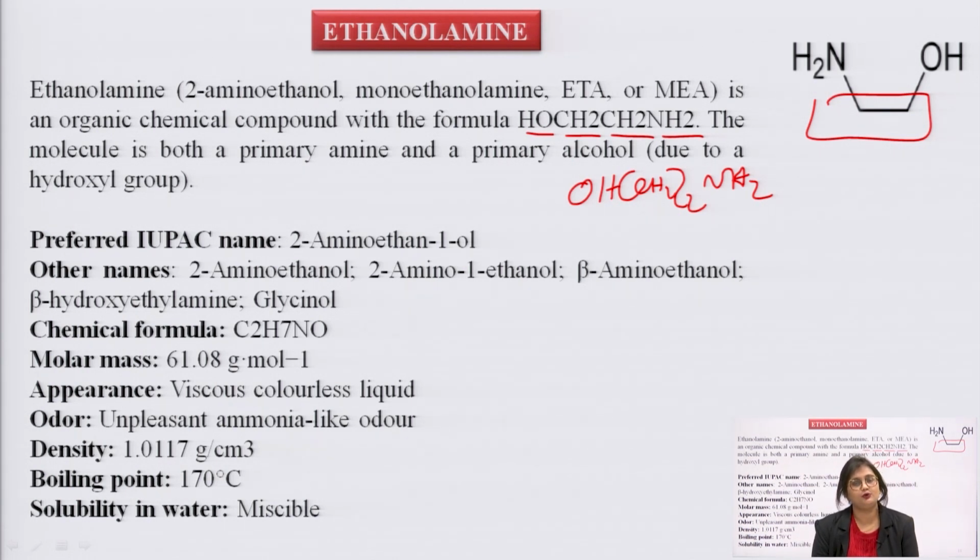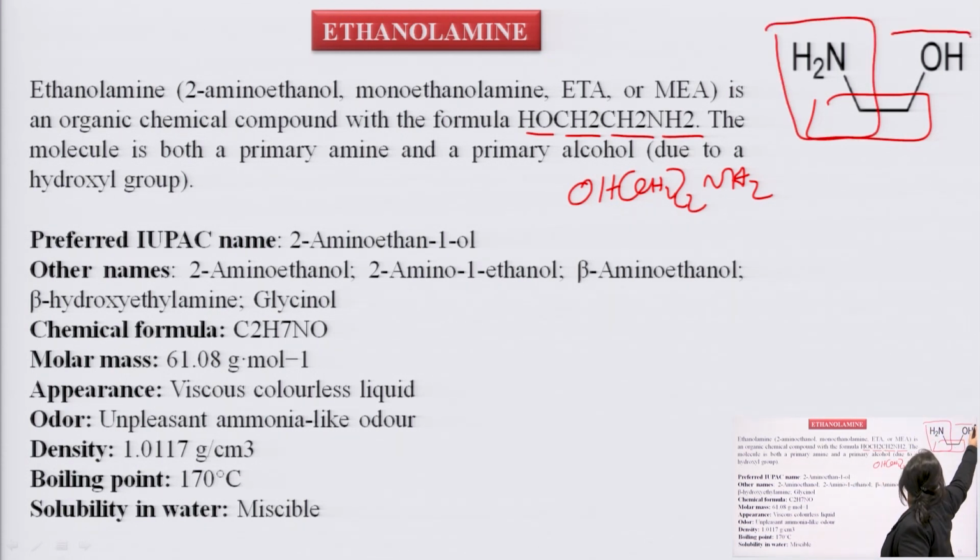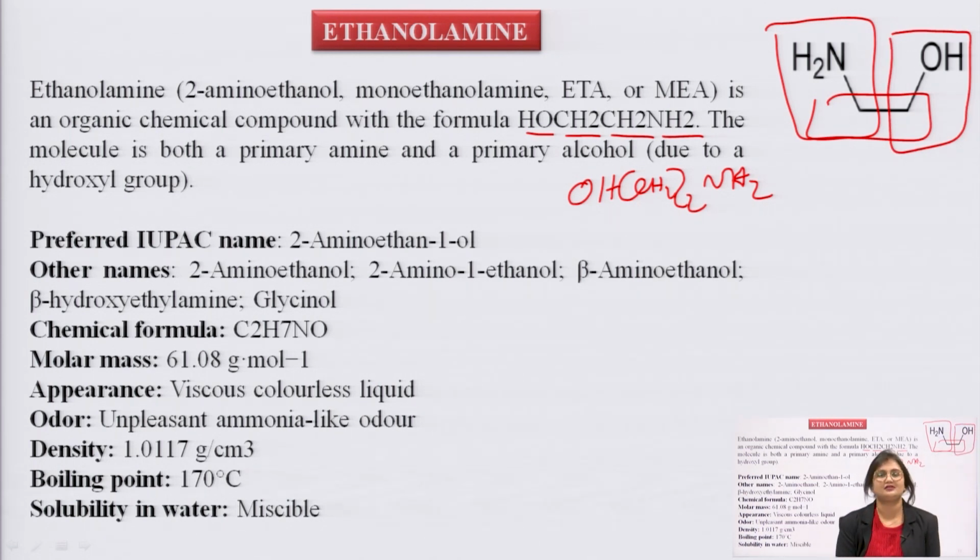The molecule is both a primary amine and a primary alcohol. Ethanolamine is not only a primary amine, but also a primary alcohol due to the presence of the OH group attached to the alkyl substituent. The preferred IUPAC name of ethanolamine is 2-amino-ethan-1-ol. The other names of ethanolamine are